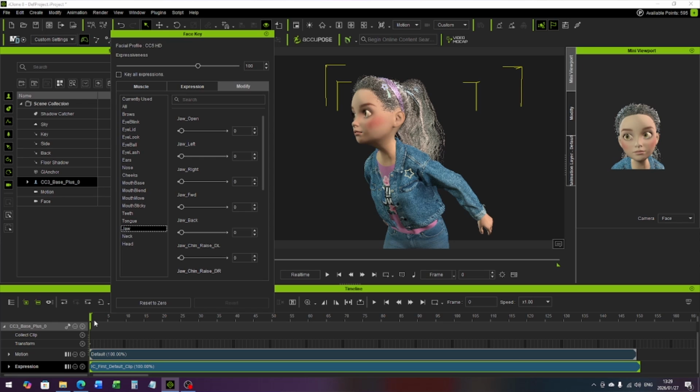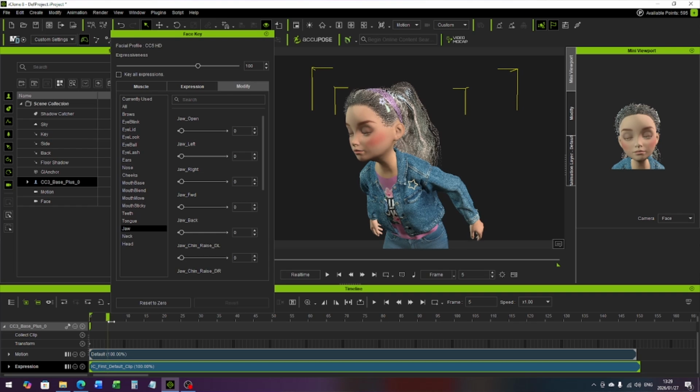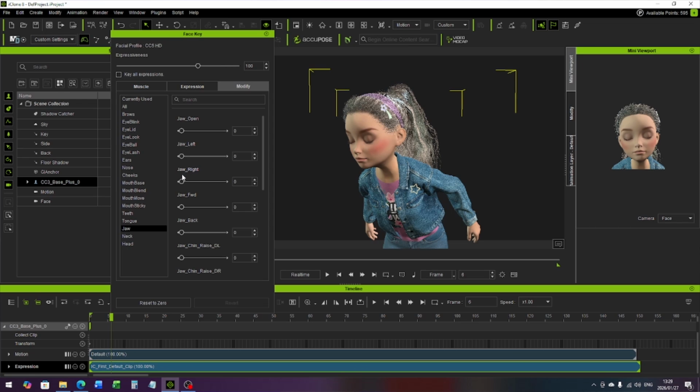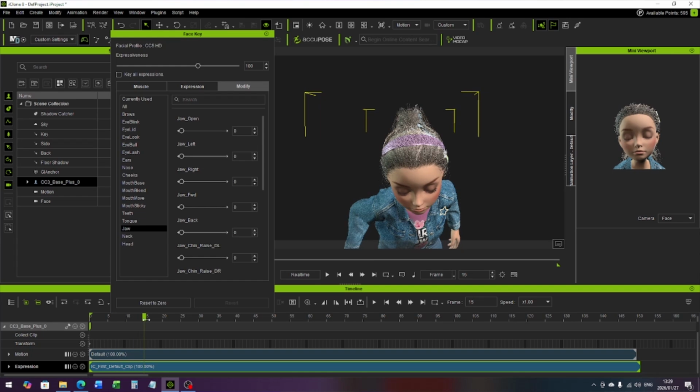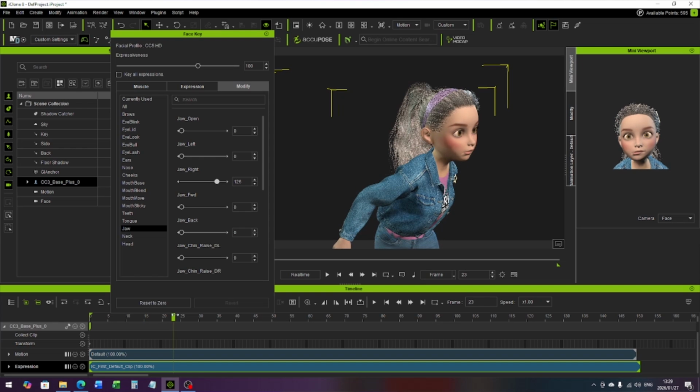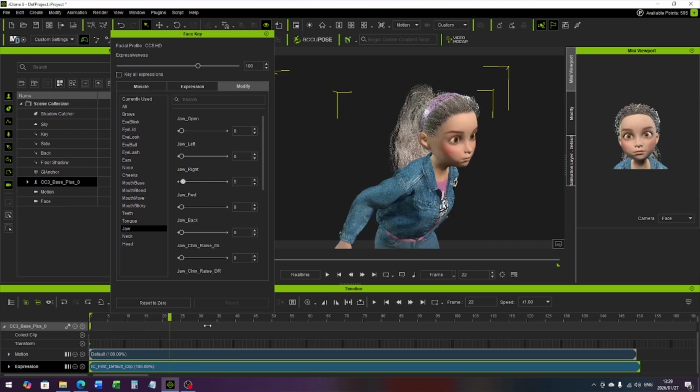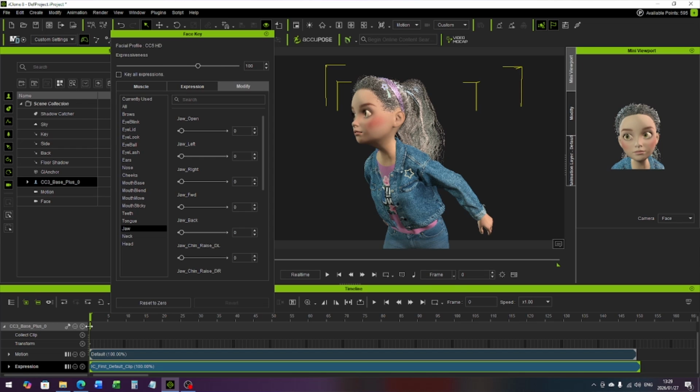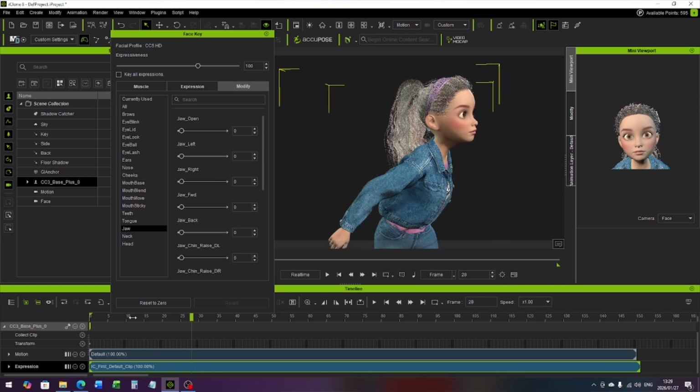So what we can also do is we can do the same with the jaw. So right about there we can get a keyframe, right about there. You drag that. And when she is here, you bring it back. And what we did is we just added a little bit of just like a drag, add some movement. And so that is basically a very easy way to get your facial expressions right without